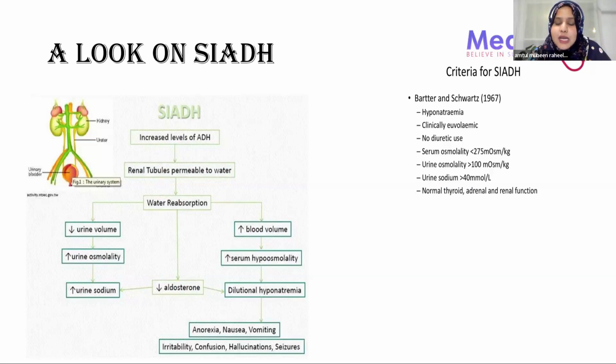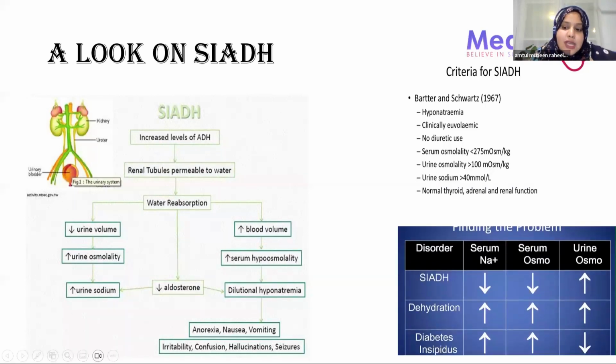There will be euvolemia. The patient will not be using diuretics. Tell me, when whatever is there in the body is getting diluted, will the osmolarity be on a higher side or on a lower side? The serum osmolality will be on the lower side. And the urine osmolality will be what, guys? On a higher side. Why will it be higher, guys? Can you tell me? Yes, because it's getting highly concentrated, and urinary sodium would be high. So these are the features of SIADH.